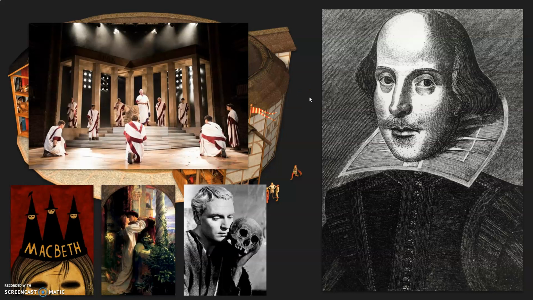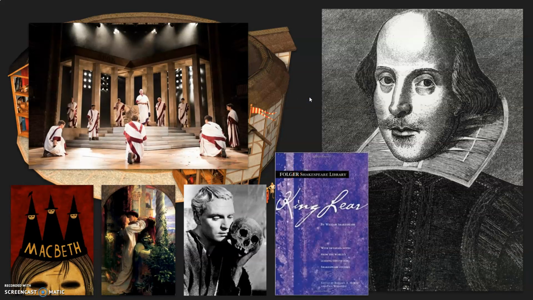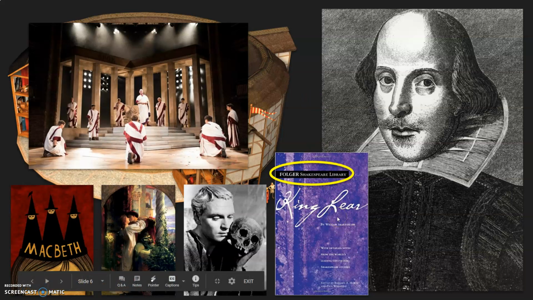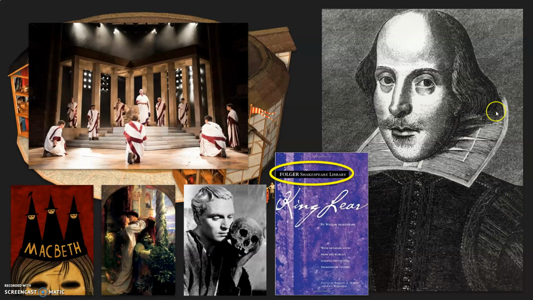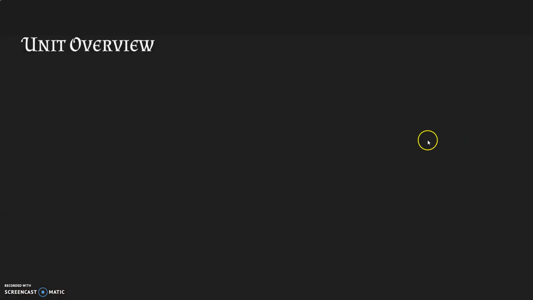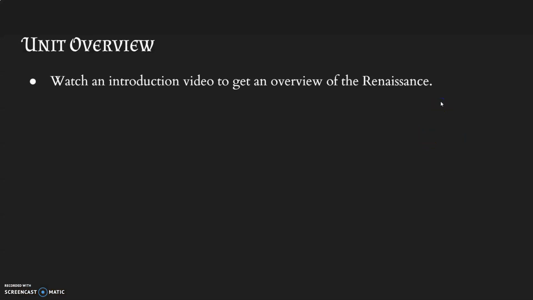Now, if you learn more about Shakespeare and you're thinking, man, I got to read more of this guy, don't pick up just any old book. My advice, look for a Folger Shakespeare. It's got lots of good notes to help you understand. One more famous play of his, King Lear, he actually wrote when there was a plague and he was stuck at home. So there's a good modern connection for you. Enough on Shakespeare.